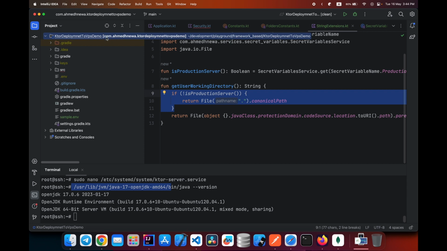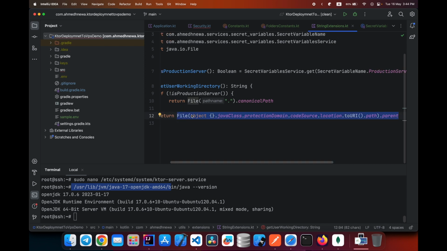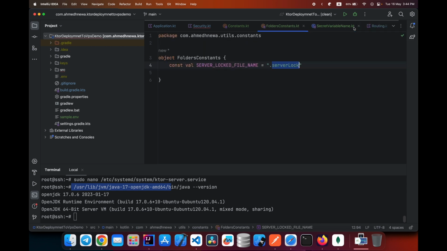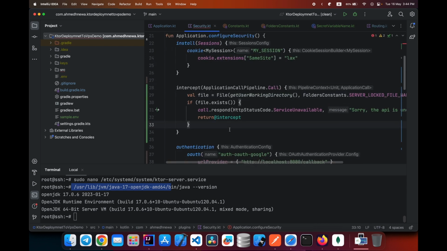So the user working directory will be here if not in production, and if in the production server, then it will return where the jar file exists. So under this object class protected domain source location.uri.path.parents file. Okay, so if this file exists,